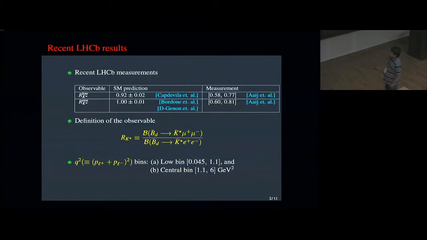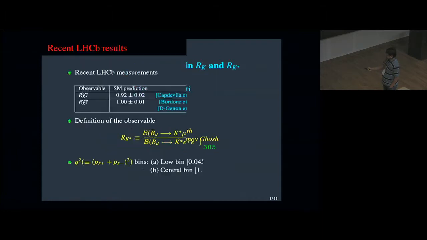The quantity RK star is defined as the ratio of the branching fractions of decays, B0 going to K star mu plus mu minus over B0 going to K star e plus e minus, and the bins are defined